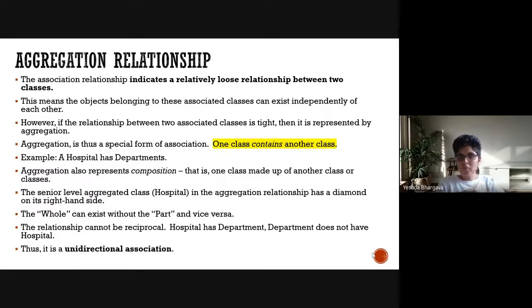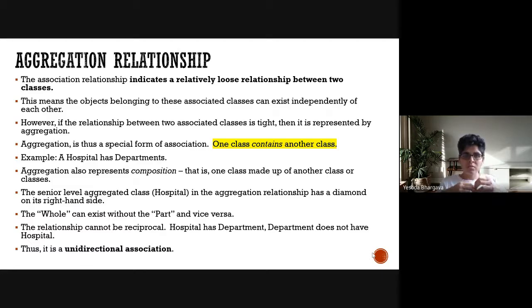There is a tighter form of aggregation also, which is called composition. Most of the times, people do get confused between aggregation and composition, and the research community in software development is also quite divided on in which scenarios to use aggregation relationship and composition relationship. But hopefully, again, the answers are contextual, and I will give you some examples that will demystify the confusion between these two. But coming back to aggregation, what happens is that there is a whole and then there is a part.